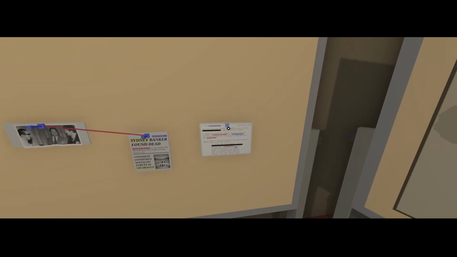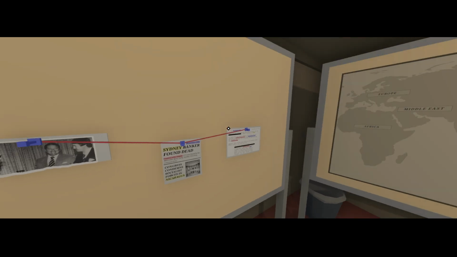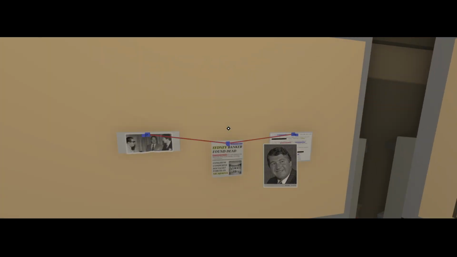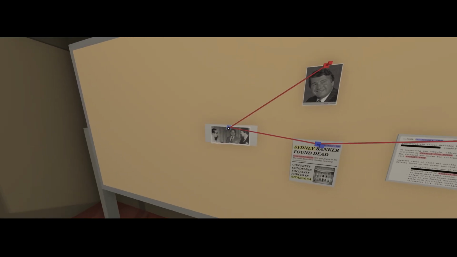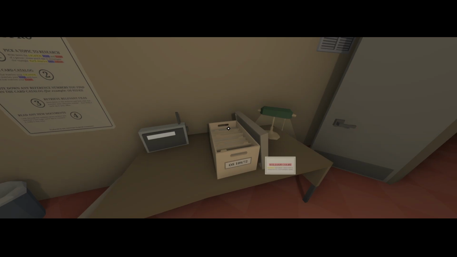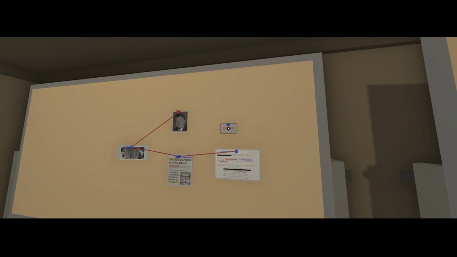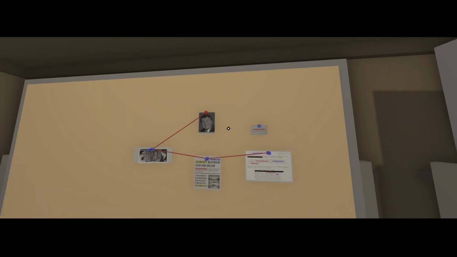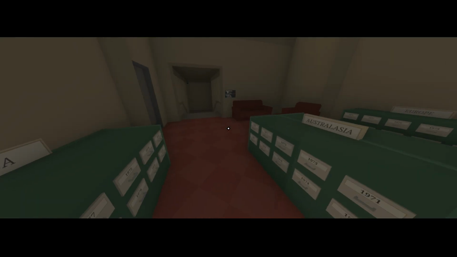Client names. So connect this to this, because those are obviously connected. So this must be Nugent in there. Okay, what else do we have? Picture of Nugent, right there. So this is Nugent. Wait, is Frank the same as Francis? Who is that? A different Nugent? And what is this? William Colby, Washington legal advisor. I don't know what to connect that to, so we're gonna leave it. Let's go grab the other one on him.